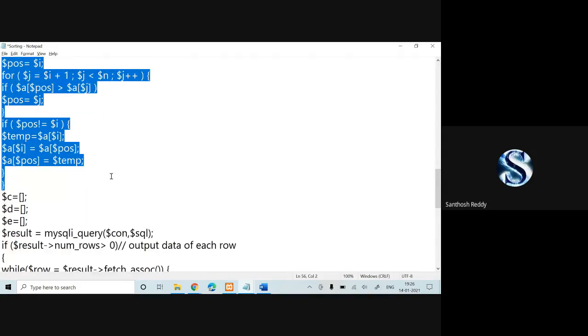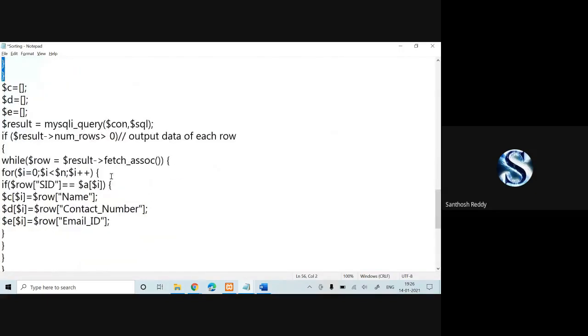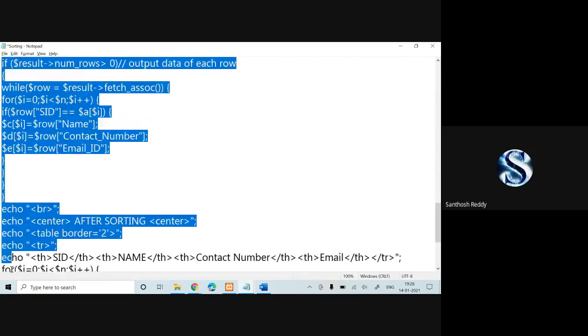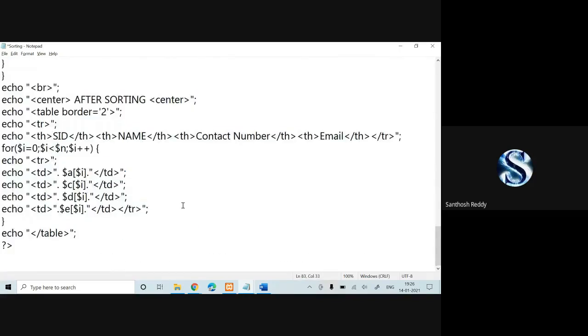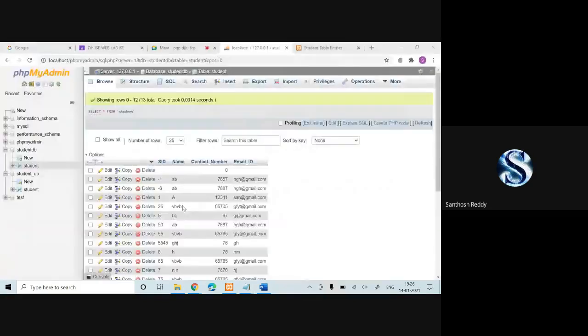Later, after sorting with the selection sort, I have extracted the data from the database. This code is used to extract your data from your database after sorting.